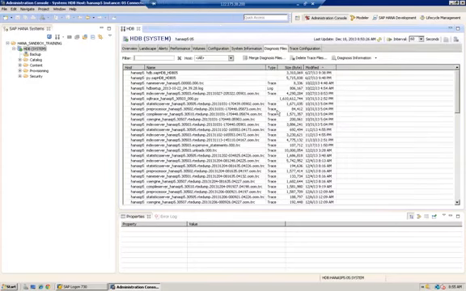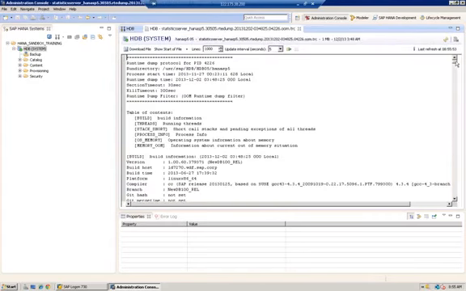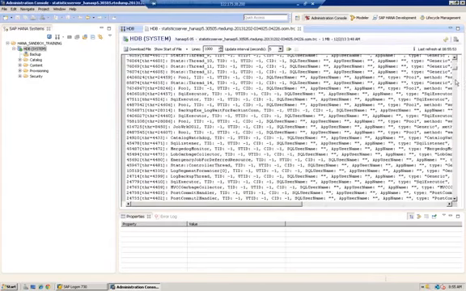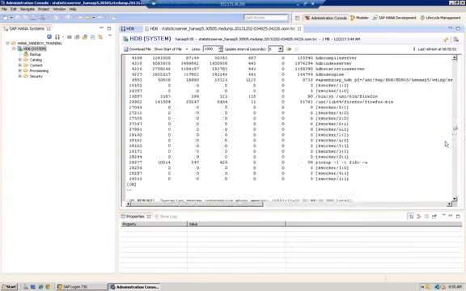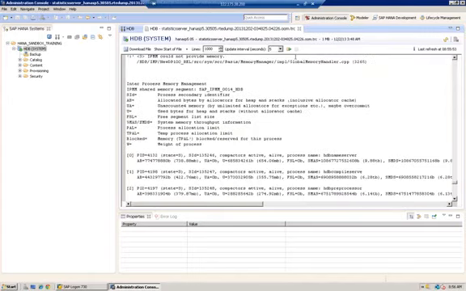Then diagnosis files. Here we have trace files and log files. So these files are very important. The administrator can view the complete file here, for diagnosing the problem, for troubleshooting the problem,